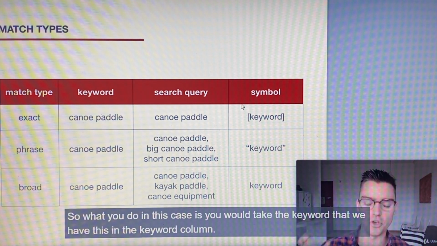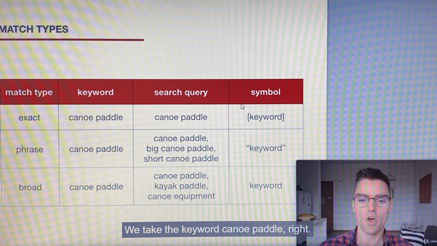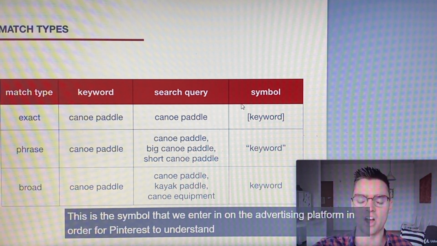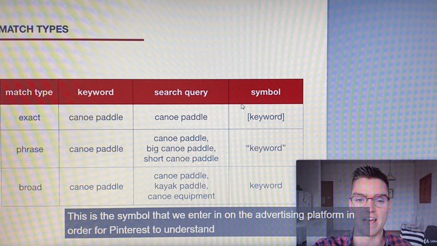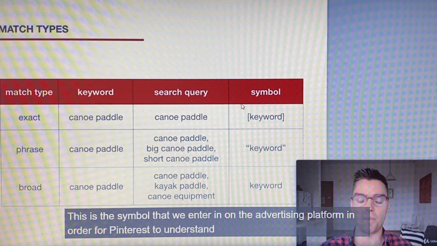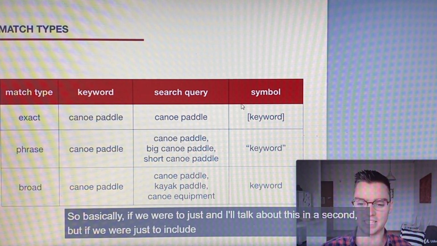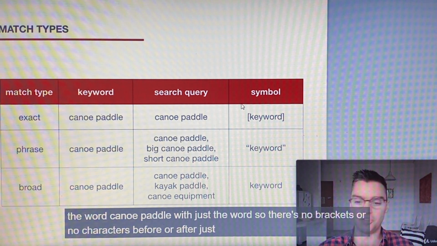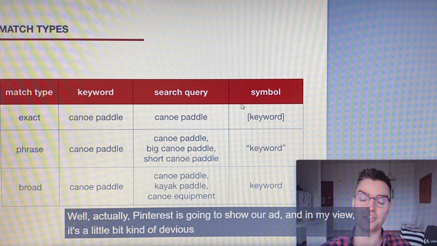Okay, so what you do in this case is you take the keyword canoe paddle from the keyword column, and you enter it with brackets in front and behind. This is the symbol that we enter on the advertising platform in order for Pinterest to understand the match type. If we were to just include the word canoe paddle, with no brackets or characters before or after, Pinterest is going to show our ad